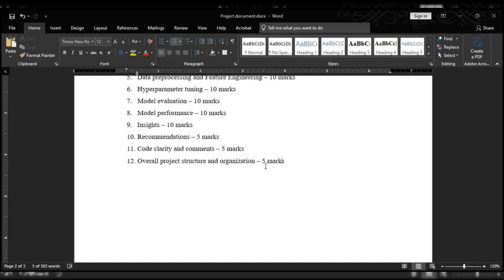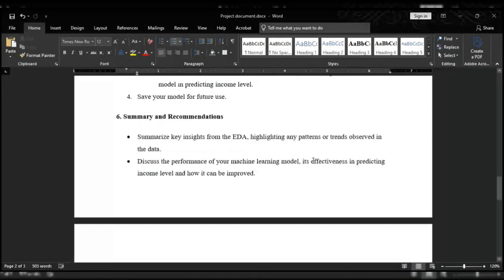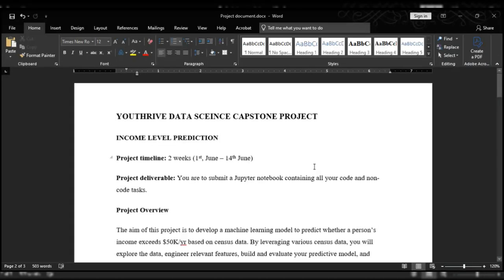So all this should be in your Jupyter notebook, and I'm expecting you to use your Markdown very well, right? You should use Markdown very well to organize your stuff. Use your code cell, your Markdown cell. Use the different Markdown text formatting features that you've seen so far. So this is just it, right? So this is the project generally.